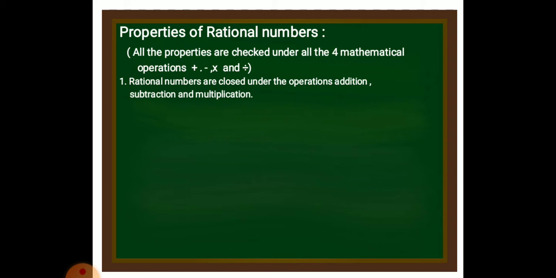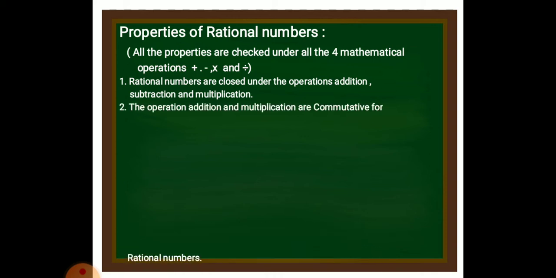Similarly, the product of two rational numbers is also a rational number. We say that rational numbers are closed under multiplication. But in division, when you divide any two rational numbers, we get a rational number, but if it is not true for even one number, we say that it is not satisfying the closure property, and this is only for 0. If any number is divided by 0, because 0 is also a rational number, the answer is not defined. So we say that rational numbers are closed under the operations addition, subtraction and multiplication.